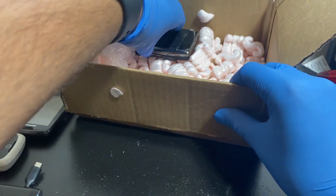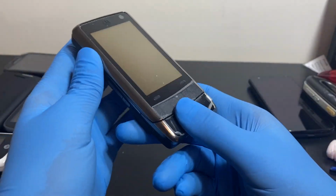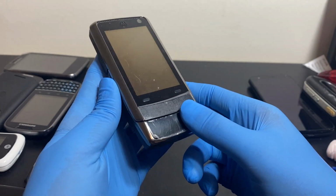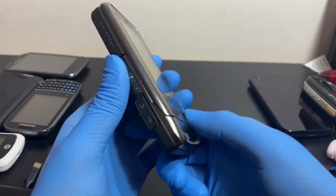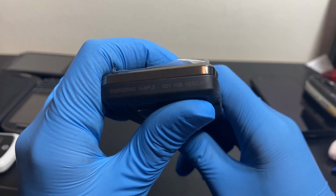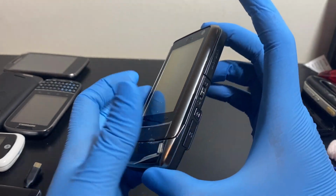And now we come to the almost grand finale. Let's take this box to a side. Get a load of this thing. This is the Motorola Z12. This thing was supposed to be the successor to the RIZR Z8. I think that's what it was called, the RIZR Z8. This thing was never released publicly, and there were some leaks of this phone a few years ago. It says engineering sample, not for resale. This one is also new, as you see. I've seen photos of this phone online. It is a very rare prototype phone, and